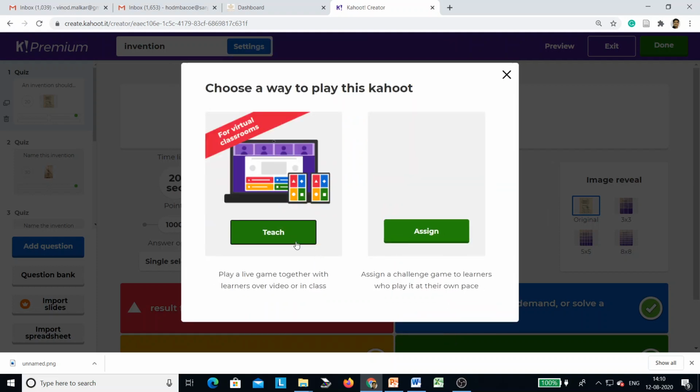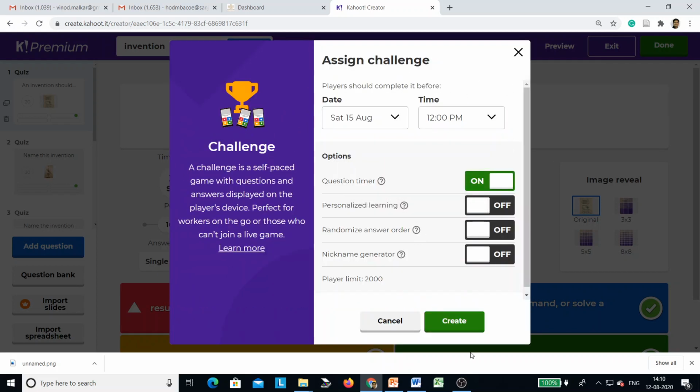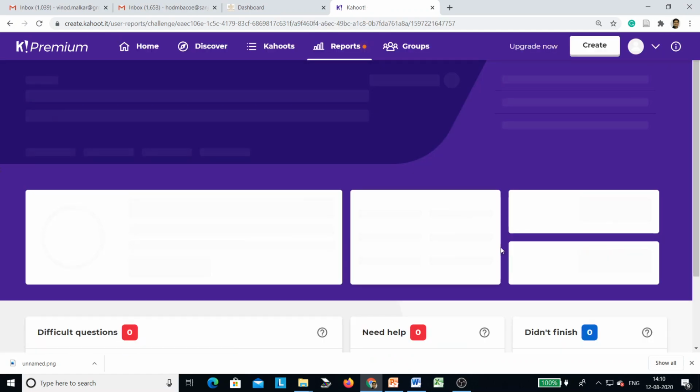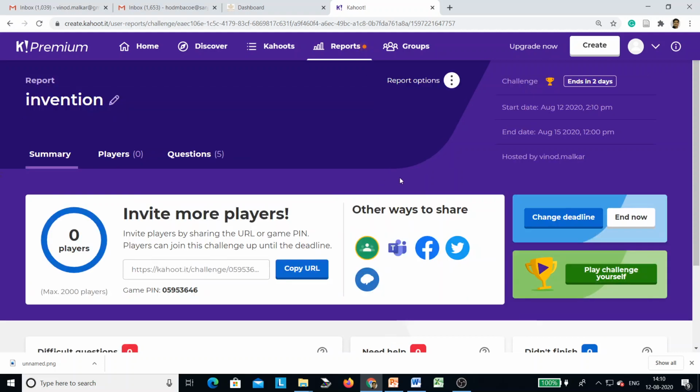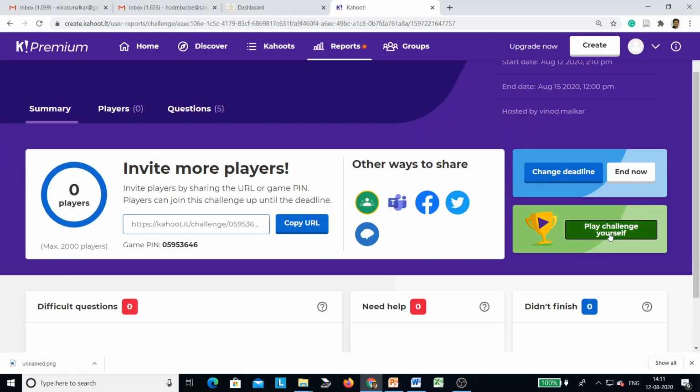If I put play now, then assign, then create, so this way you can get an idea about invention, players 0, question 5, and this is the URL that you can go to and play.